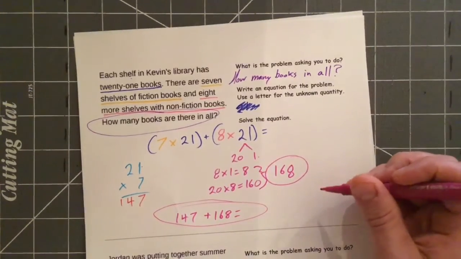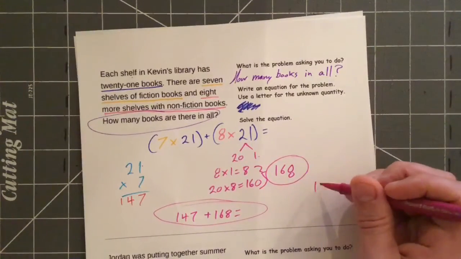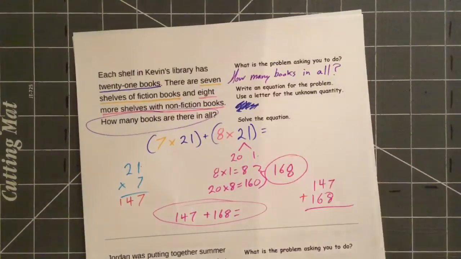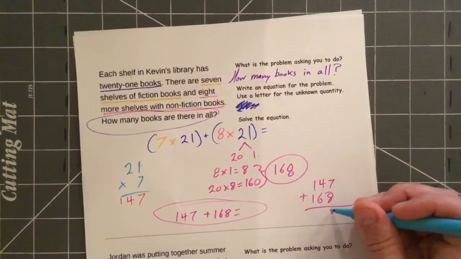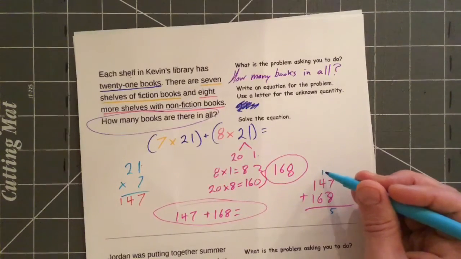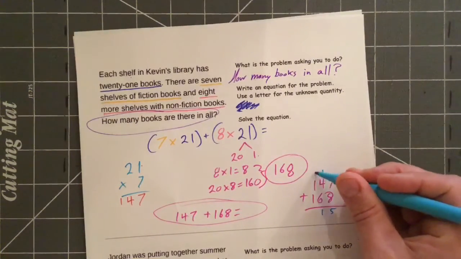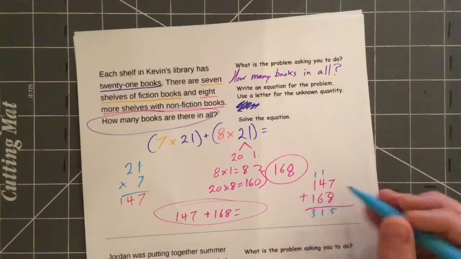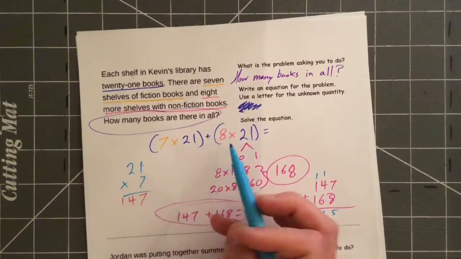Let's set this up. I'm gonna set this up as a standard algorithm. What's 8 plus 7? It's 15. 6 plus 4 is 10, plus 1 more is 11. 1 plus 1 plus 1 is 3. What is 7 times 21 plus 8 times 21? It's